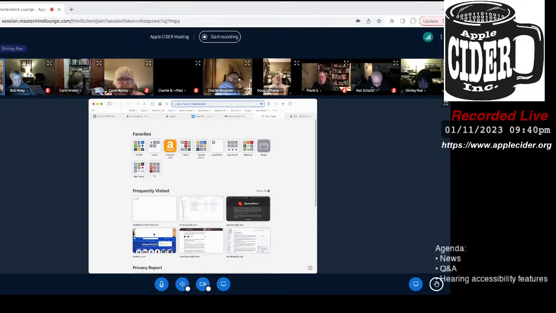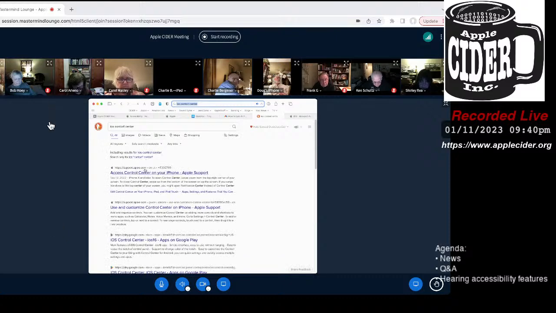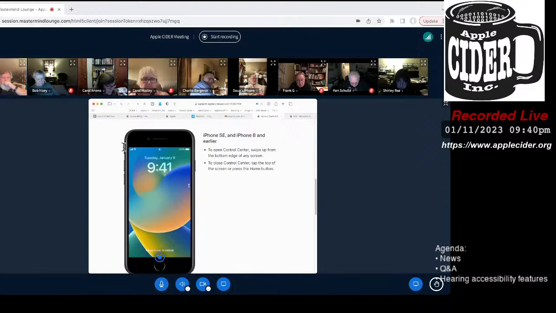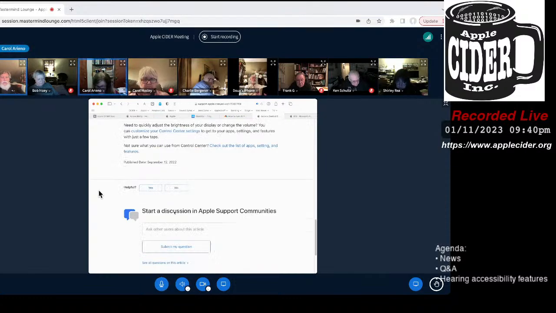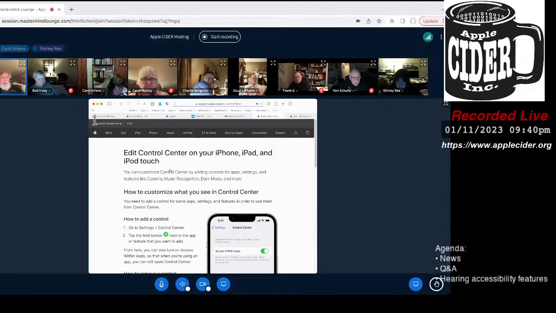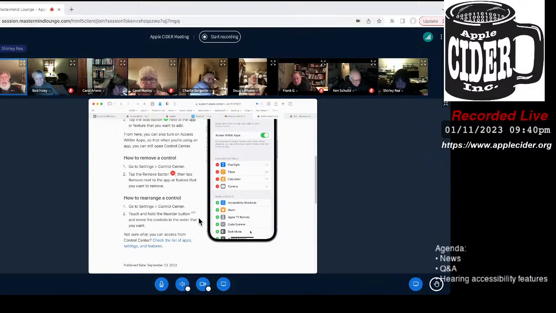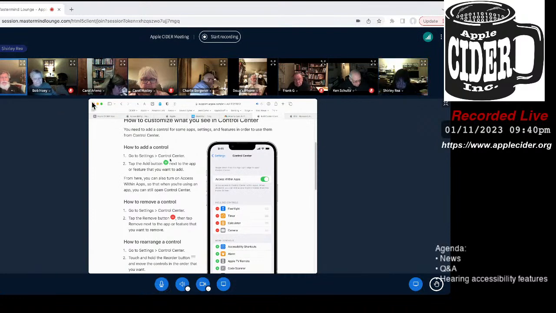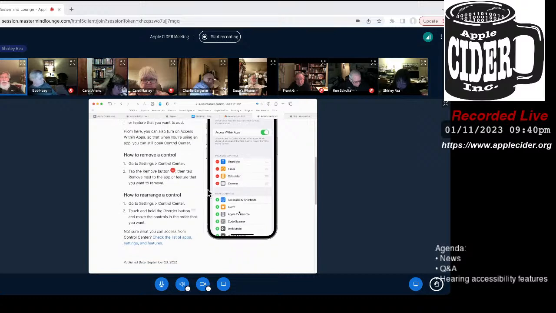So swipe up from the bottom. First thing you need to do is customize your control center and add the hearing app. You go into settings and then control center, and you can turn on and off the things that are in the control center.